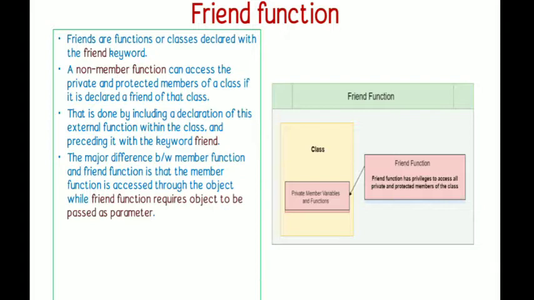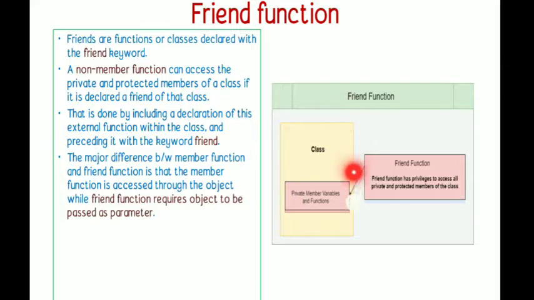The main difference between the friend function and the members of a class is member function can be accessed through objects. We can access the member function only through object, but no object is required for friend function. So we can call the friend function as a normal function, but here the object of the class can be passed as parameter. So the object of the class can be passed to this friend function. So using that, it can access the private member of the class.